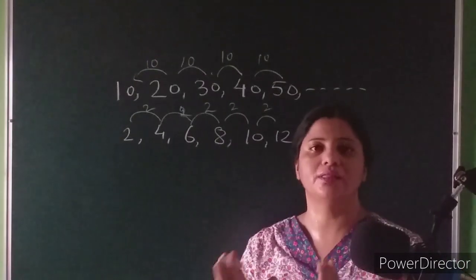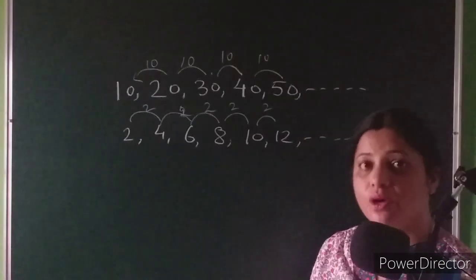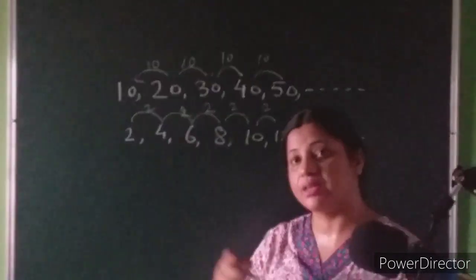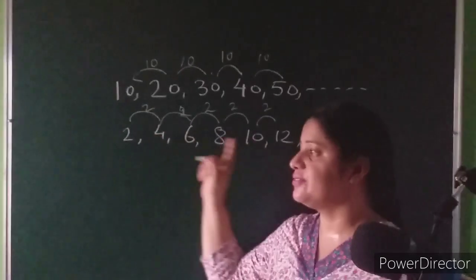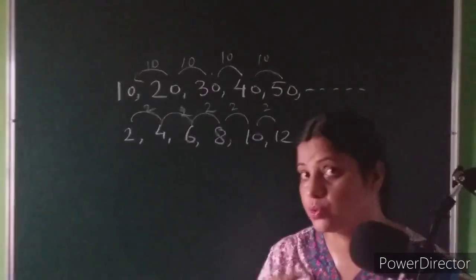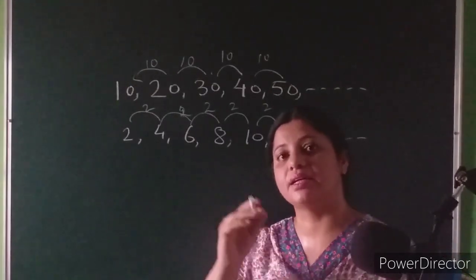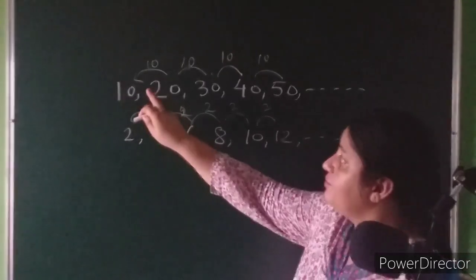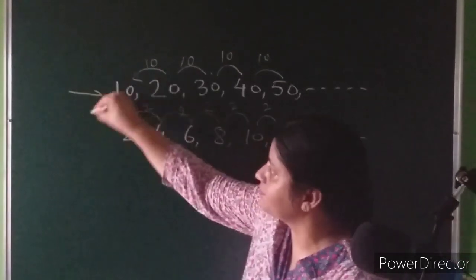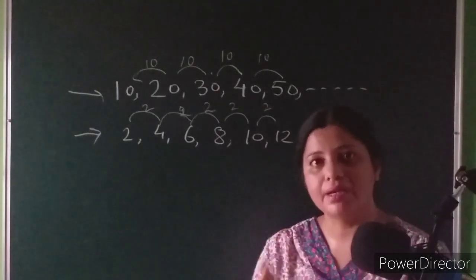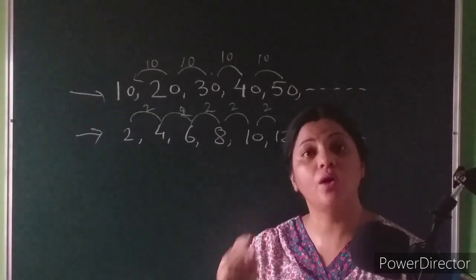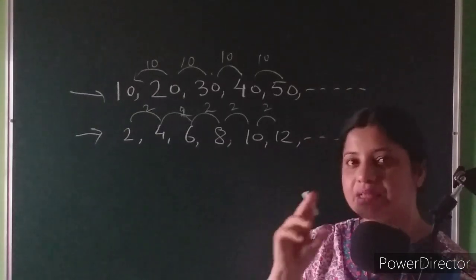Now what do we call this common difference? First of all, let us check that common pattern. Here, everywhere the difference between the consecutive terms was 10, 10, 10. Here the difference between the consecutive terms was 2, 2, 2 only. Now let us forget the gaps 10 and 2. Let us remember one thing only: in these two series, the pattern is that the consecutive terms have got a common difference. Let us only remember this word.